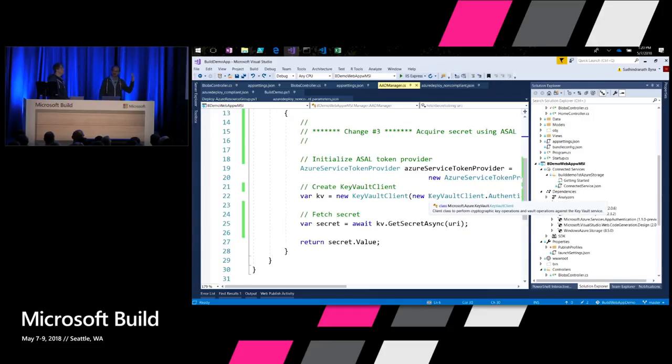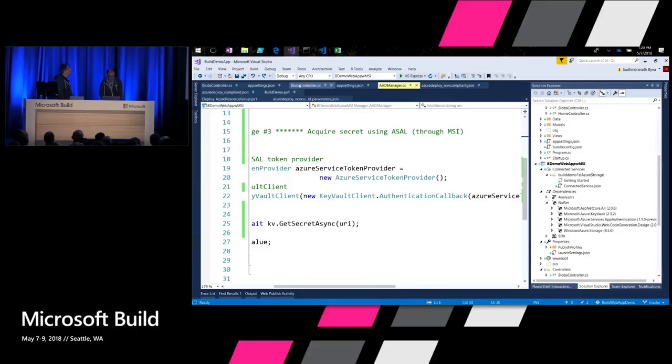So what this code is going to do is, at runtime, identify the identity under which this particular application is running and use that identity to access Key Vault. If I'm running from a local machine, it's going to use my identity. If it is running on the app service, it is going to use the application identity which we have just enabled for MSI. So we just need to write these 3 lines of code.